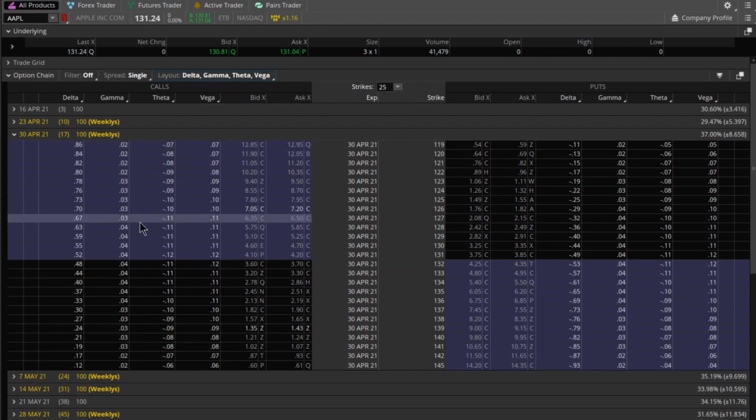Next, we will look at gamma. Gamma is the change in delta. Unlike delta, gamma only takes on a positive value. Gamma is highest for at the money options, and it is lowest for deep in the money or out of the money options. Looking at the money options, you can see that they have the highest gamma, which is 0.04